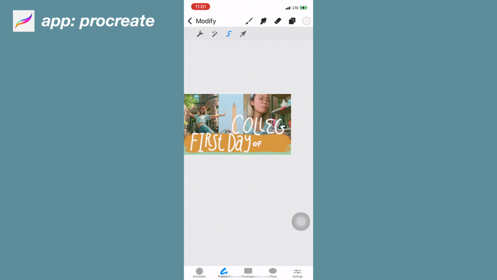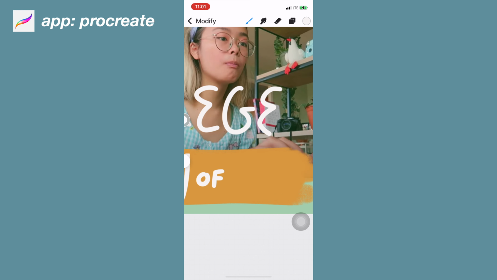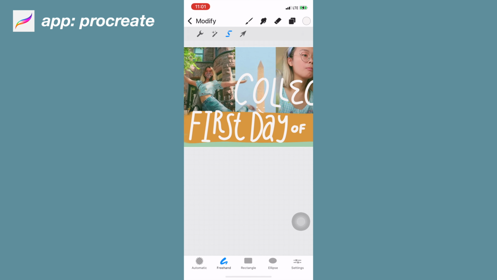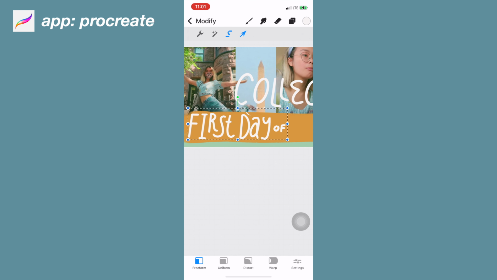So if you go to the modify tool up in the left corner, you'll see this S-looking shape, and you can select a certain part of your image. So as you can see here, I'm moving it over so that I can write the E, and the reason I'm writing it all large and all over the thumbnail is so that the size of the stroke is the same. But anyway, what I'm then doing is resizing this text that says first day of